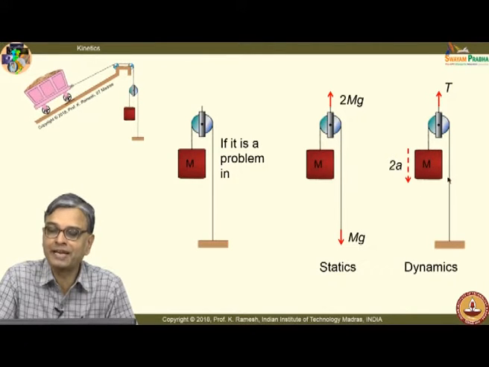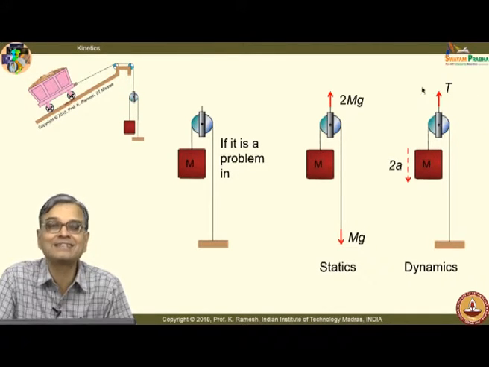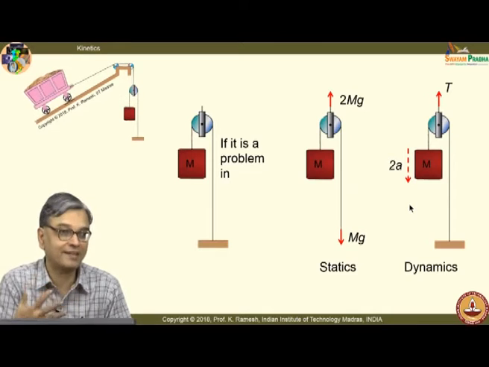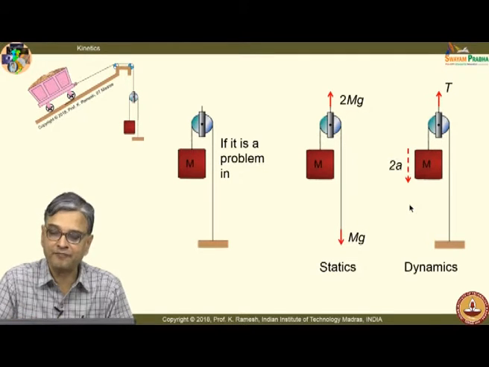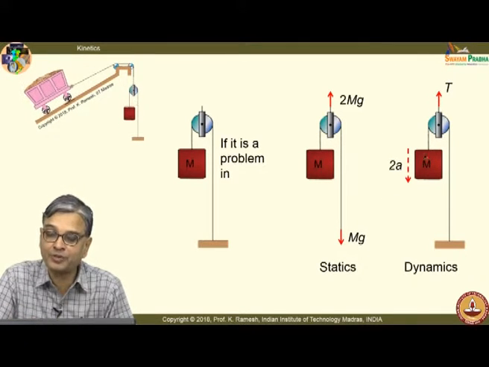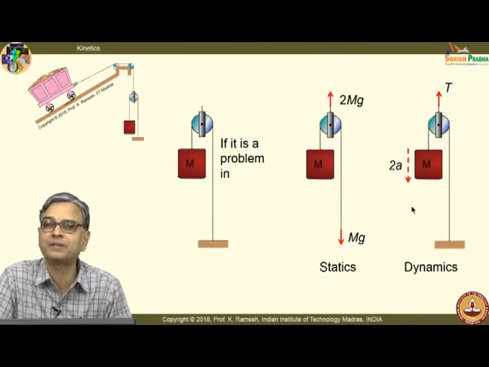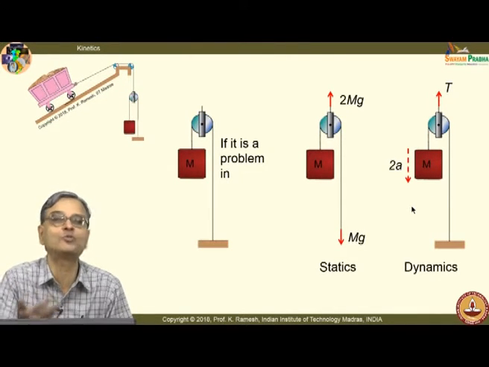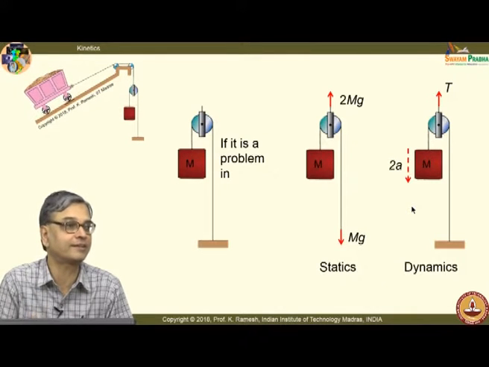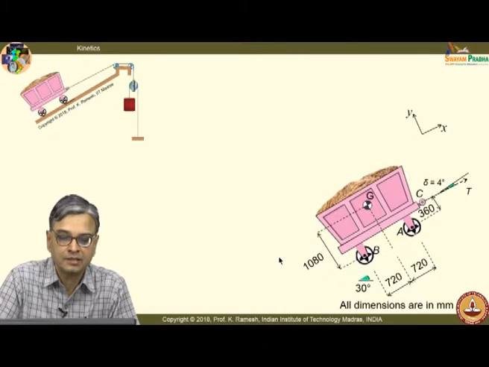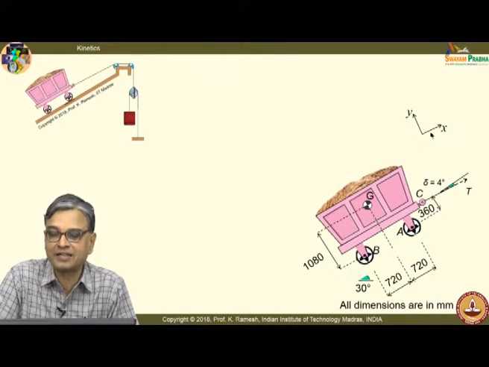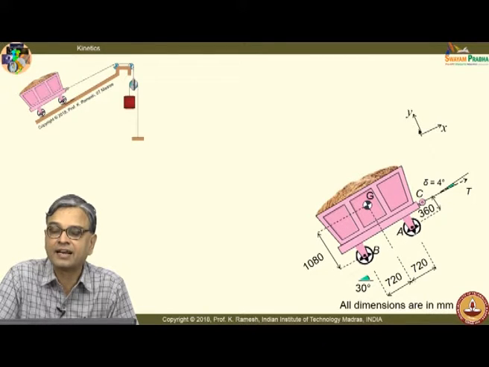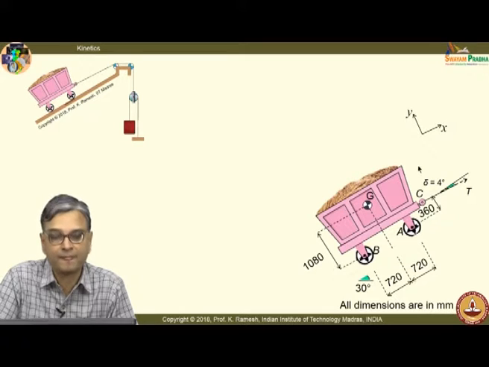So, in a problem in dynamics, I will have to handle this kind of a diagram. I have to recognize things are moving, things are not static, that you have to recognize. And from a kinematical understanding of the problem, I should be in a position to find out this. The problem is so simple, so I can directly write what is the quantity. I do not have to do a kinematical analysis to get this quantity. Okay. Then when I analyze the truck, what is the axis that is easier for me? It is better that I take it along the inclined plane itself, x and y. Okay.